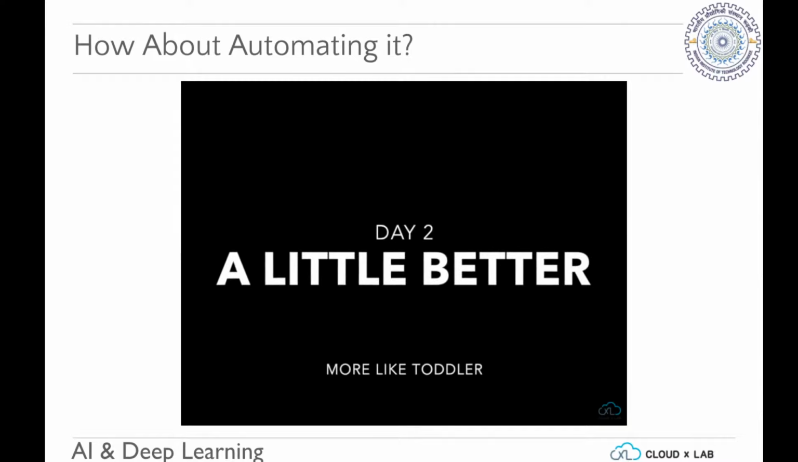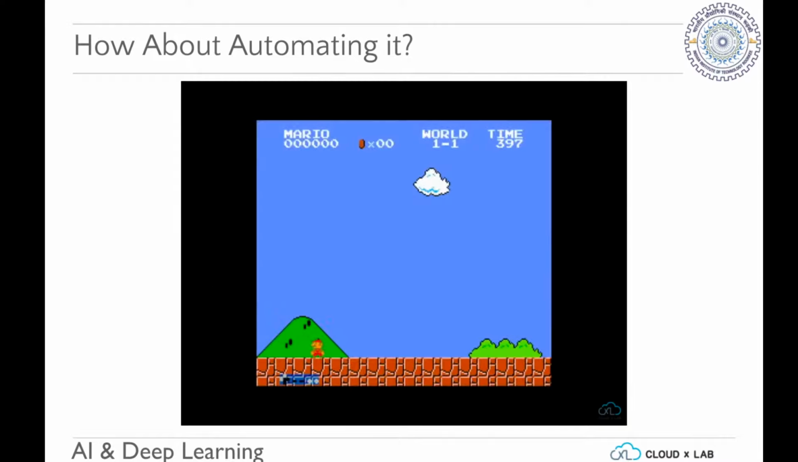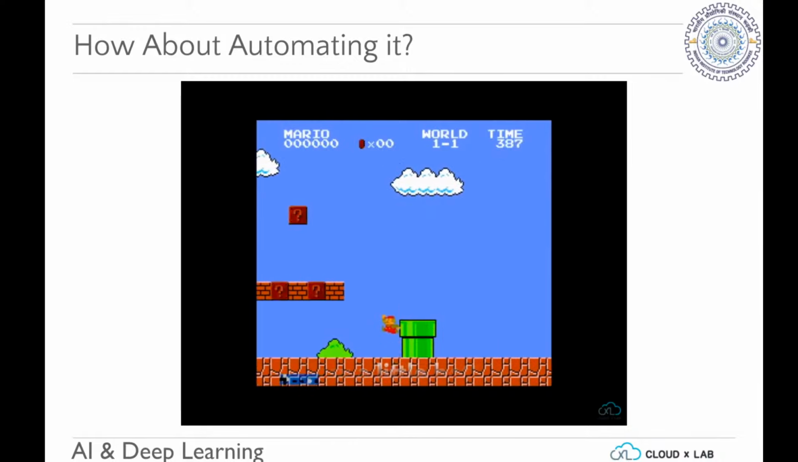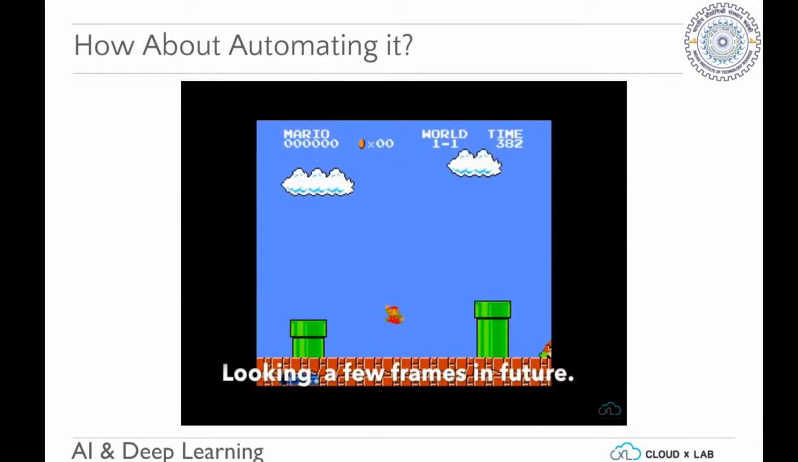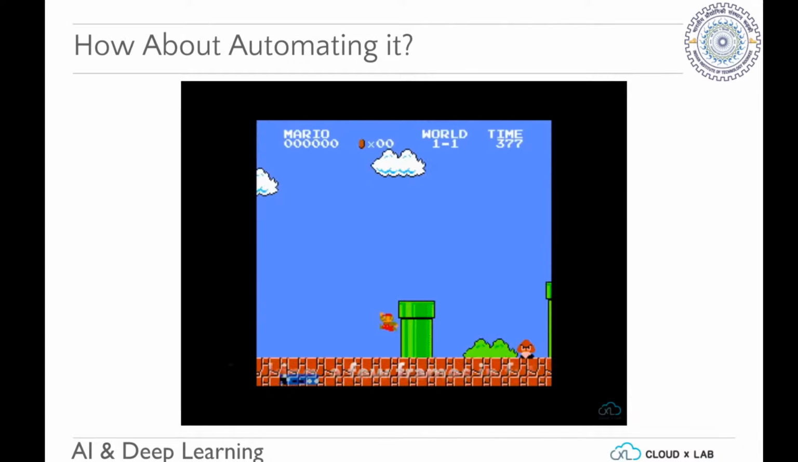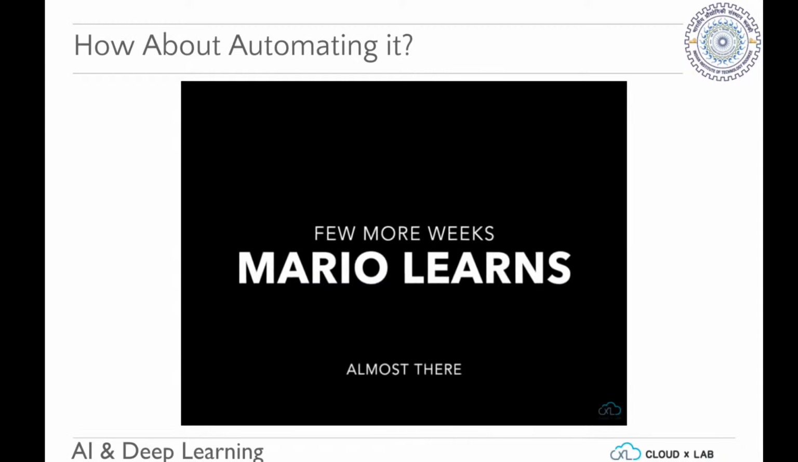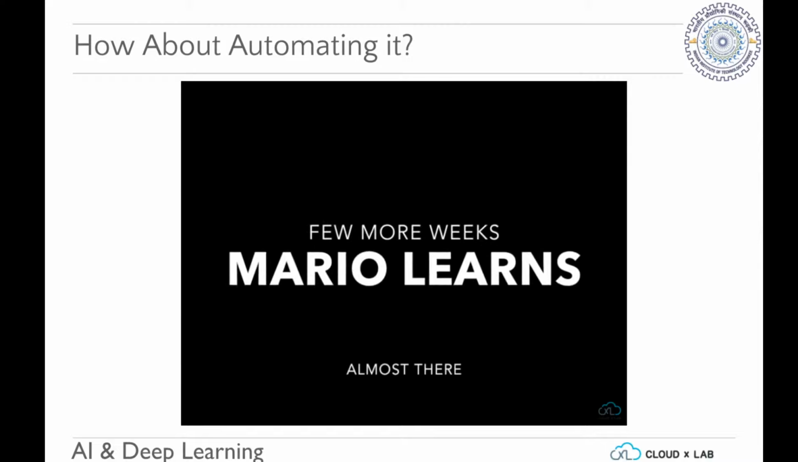Give it some more time. So day 2, it's now getting better. He's playing a little like my small daughter, and he's getting a little better at it. He could avoid some of the roadblocks, some of the turtles, but it still gets stuck. It's not really getting through there. Okay, a few more weeks